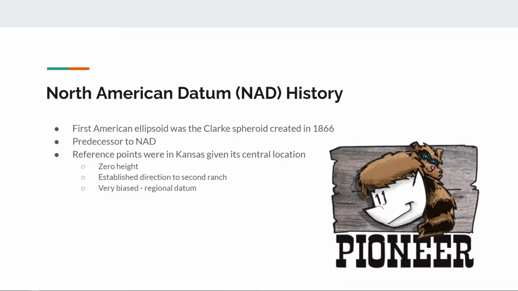It was regional, but for the time, it was extremely effective and powerful. You've got to think, back then most engineering projects were more local. GPS was, of course, not a thing. So as long as it gave good local relative accuracy, everything was fine for a regional datum. Today, we really need international datums. And so, including with the North American datum, in the current realization they're trying to align it more and more with the international